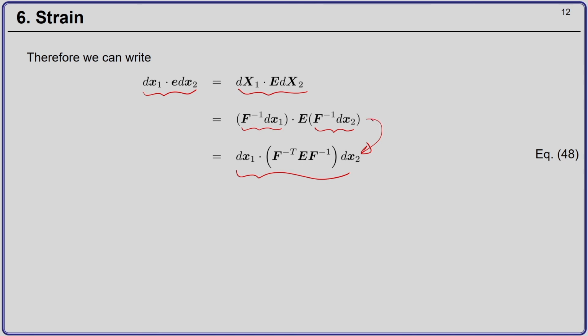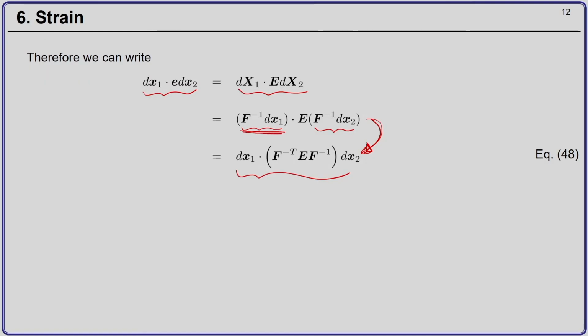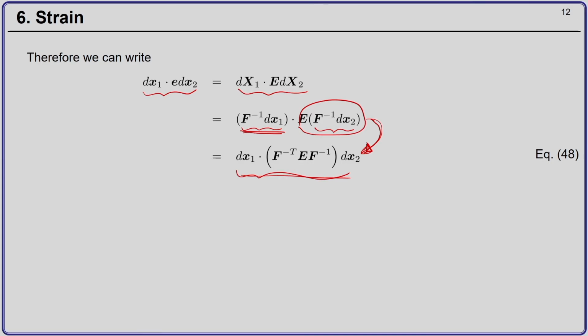So, going from this step to this step requires one additional step that I request you work it out yourself. Noting that in the middle expression, the term on the left hand side of the dot is basically a vector, and on the right hand side also you have a vector. So, A dot B is A transpose B, and you can just simply play between the vectors and you can derive this particular relation.